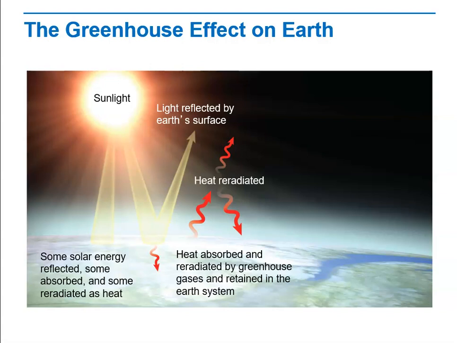Without the greenhouse effect, Earth would be about 30 degrees cooler than it is today. The 3 greenhouse gases that were mentioned enter and leave the atmosphere as part of nutrient cycles. So they move through the biosphere and the atmosphere. Their concentration in the atmosphere can therefore be affected by natural and human-caused changes in those cycles.